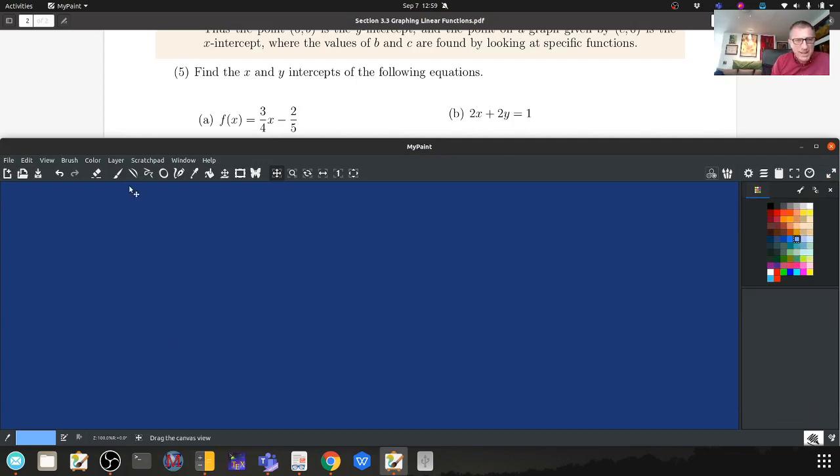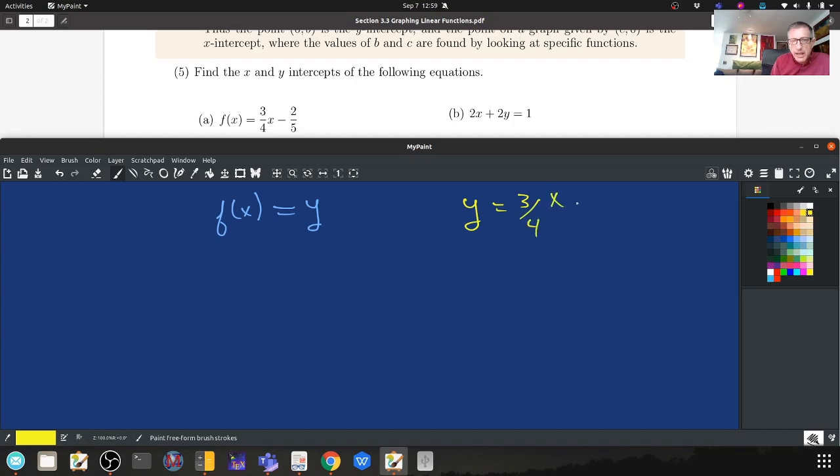What is this f of x stuff? Well, if you recall, f of x is equal to y, always. So what they've actually told you here, and this is literally a linear function, is that you can rewrite it as y is equal to